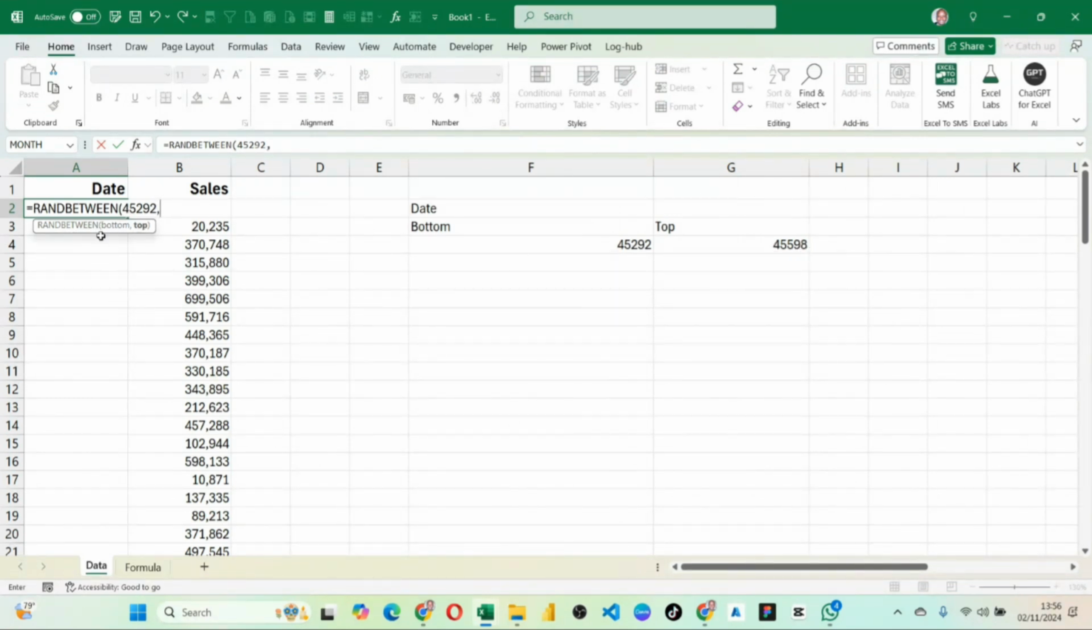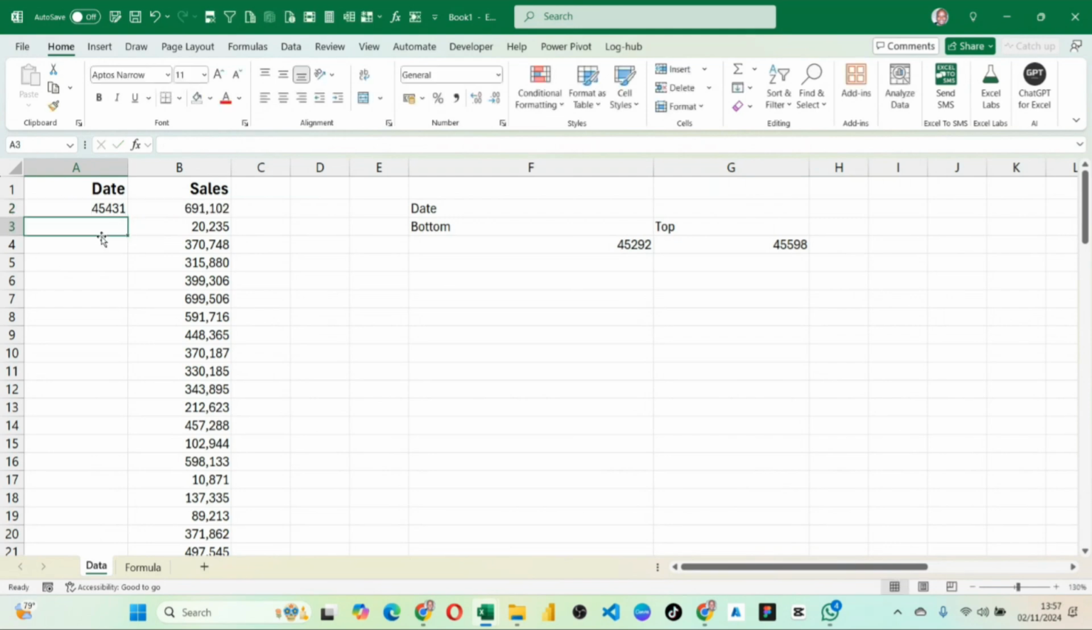We are trying to create dates for ourselves since Jan to date. Random, since even the sales numbers, we created them random. So the top will be 45598. So the moment I close this and enter, it will give me a serial. But this serial is a serial that relates to a date. So if I change this to date,